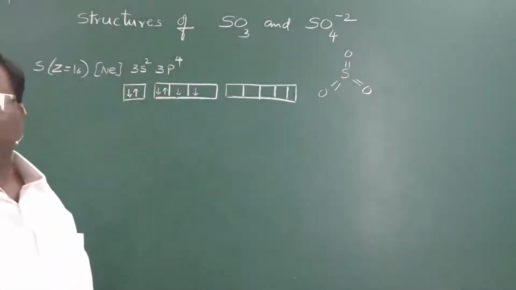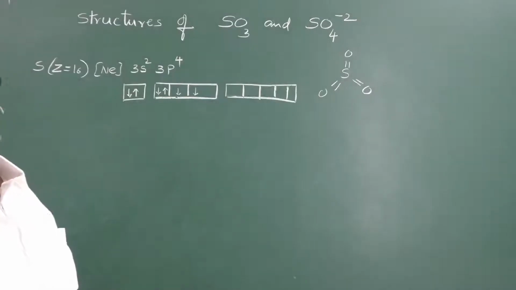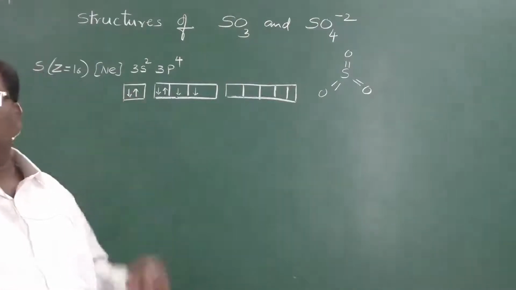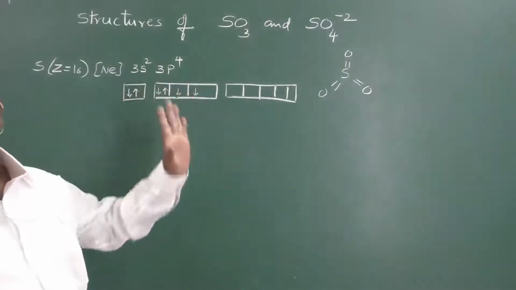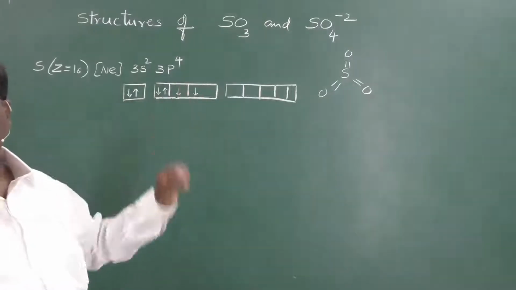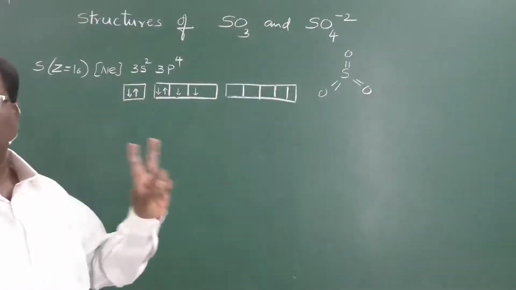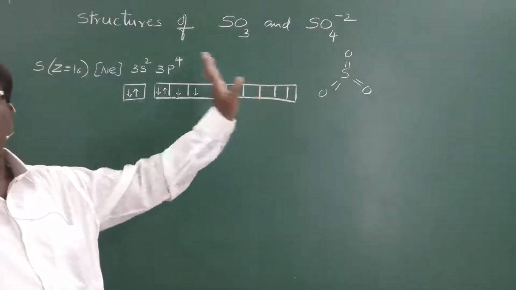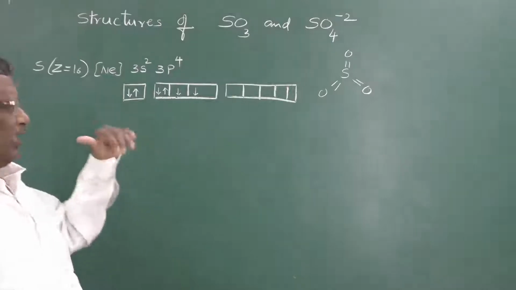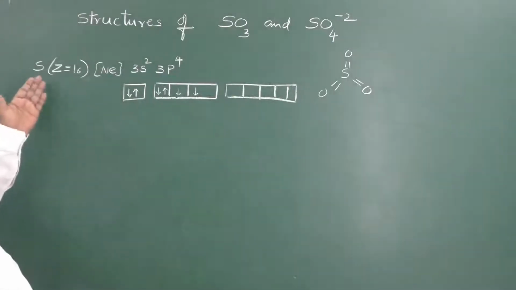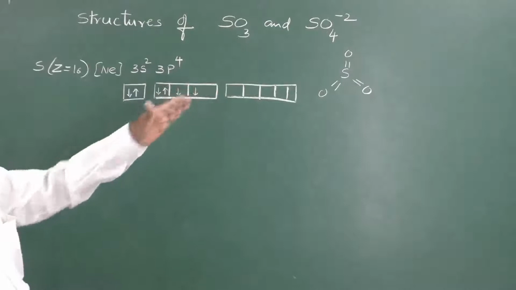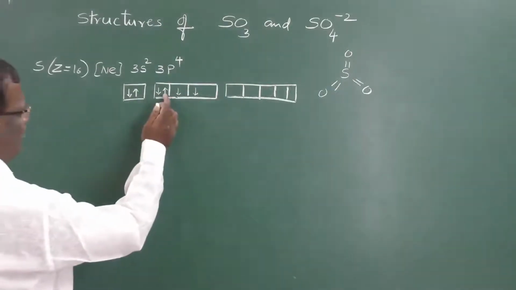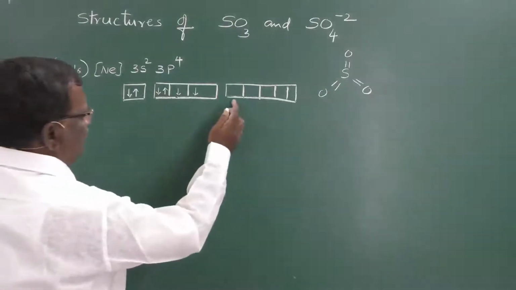Total number of bonds is 6. So, 6 bonds are possible only when 6 unpaired electrons are present. In the ground state of sulfur, we have only 2 unpaired electrons. So, with this electronic configuration, that structure is not possible. So, in the excited state, that means when an element is reacting with a highly electronegative or highly reactive element, it absorbs certain energy and a paired electron will enter into the d orbital.